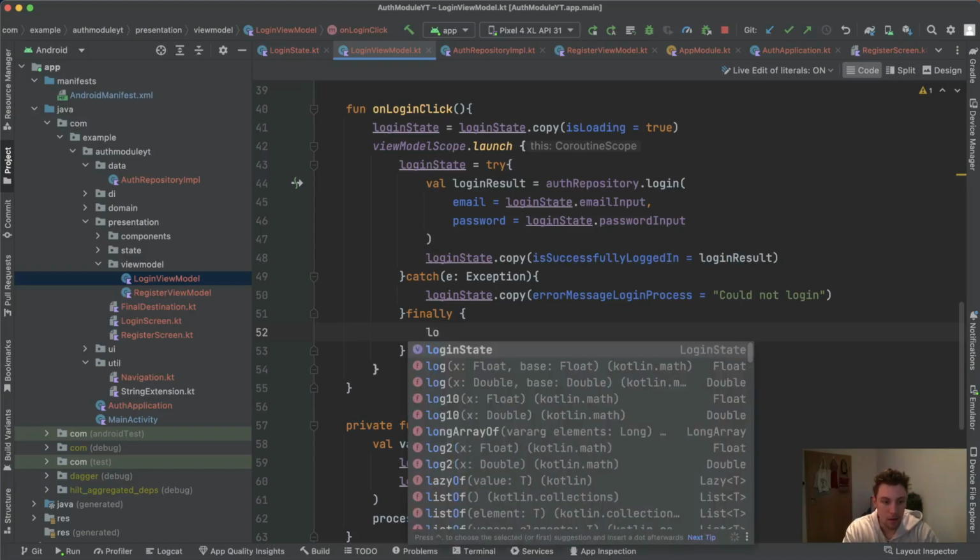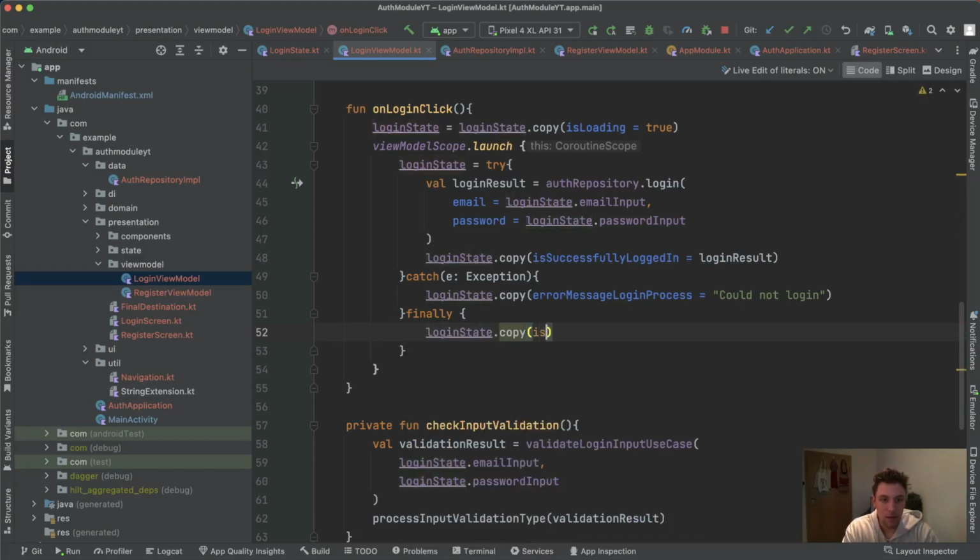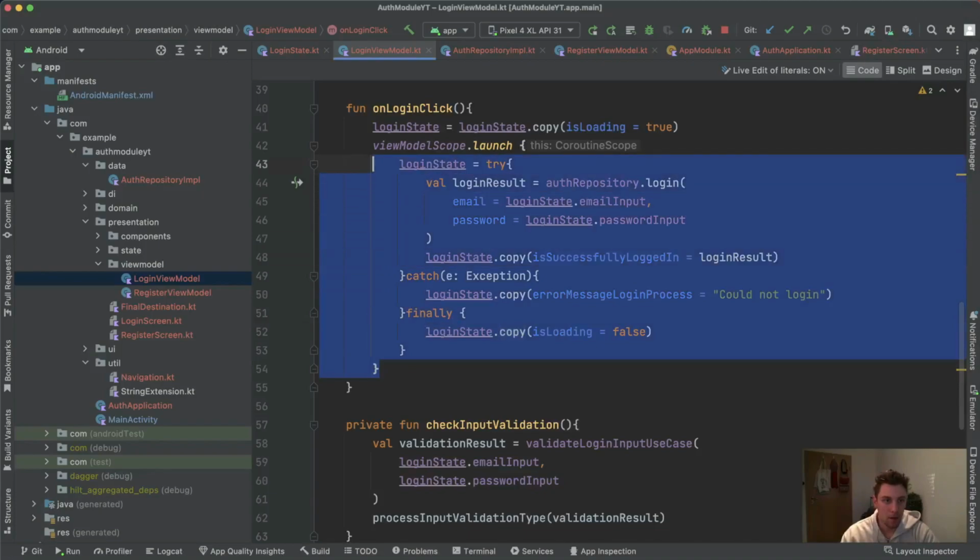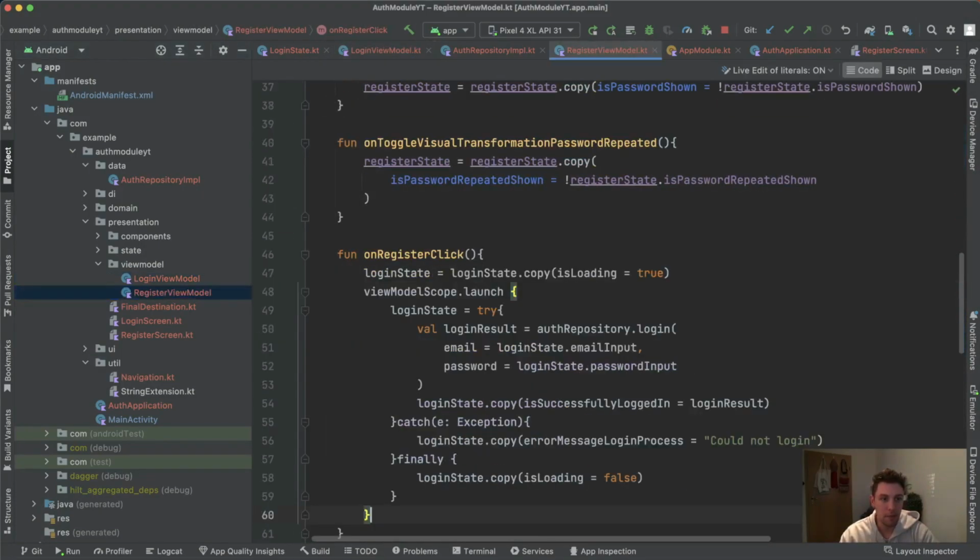Here we say loginState.copy isLoading is equal to false. And then this login state gets updated with either this one or this one, depending on the things that happen when we invoke authRepository.login. And then we can copy this and go to our register view model and paste it in on register click,